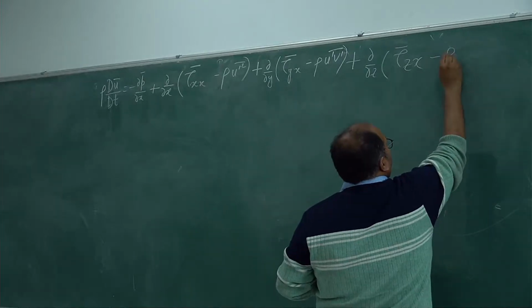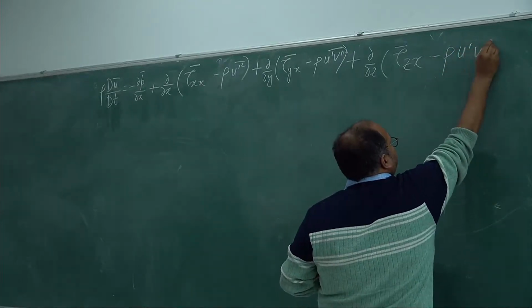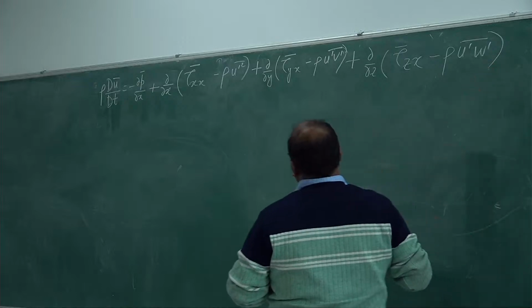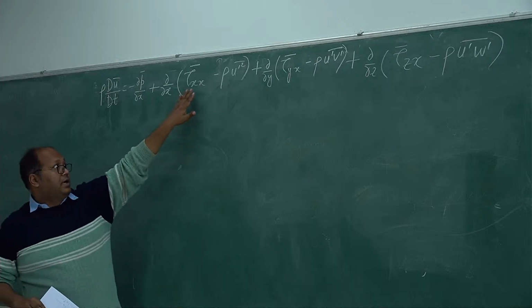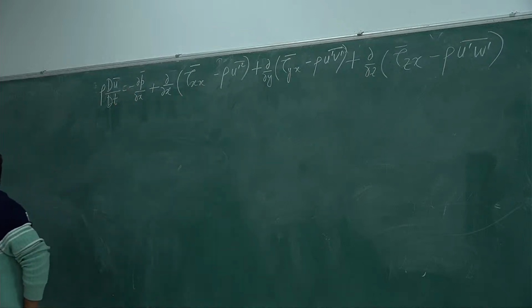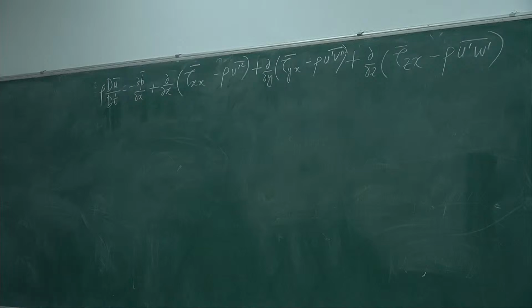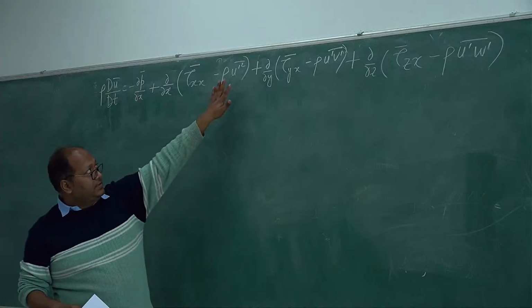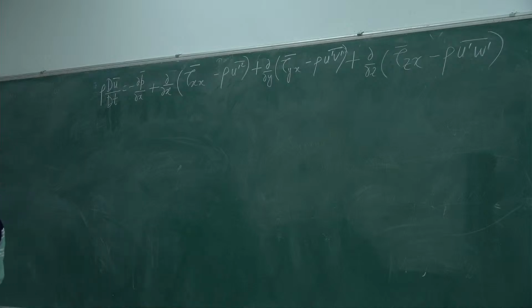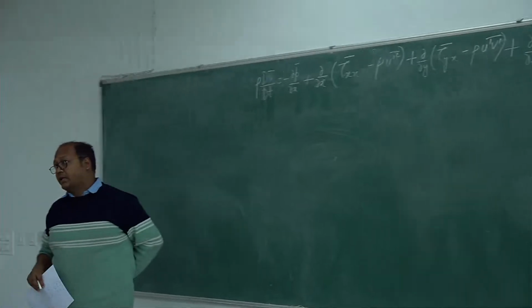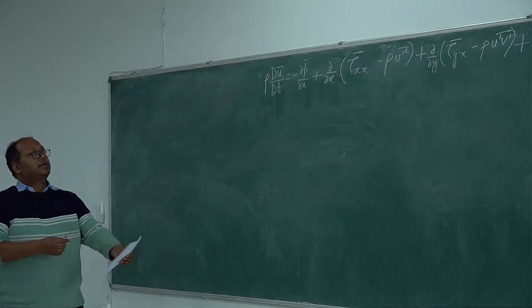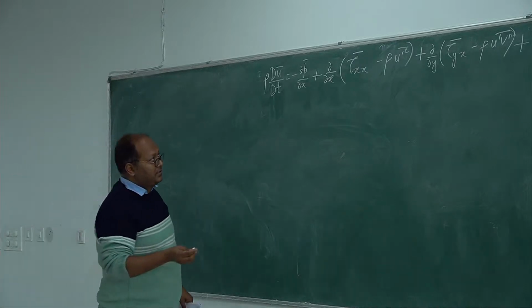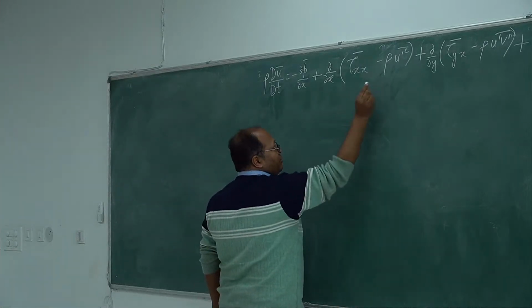Minus rho u dash w dash mu. And then we said that the tau capital XX involves the velocity gradients, or rather the mean velocity gradients, and these are the terms arising because of the momentum flux due to the fluctuating components. These are actually not stresses. However, when Reynolds did the decomposition and rearranged this, just to honor his name, these components are the Reynolds